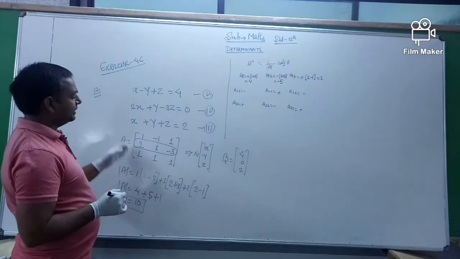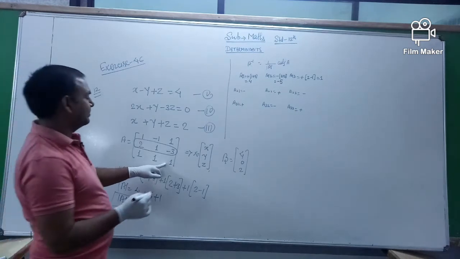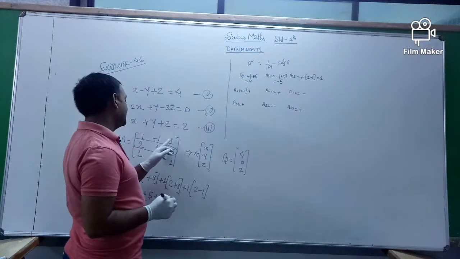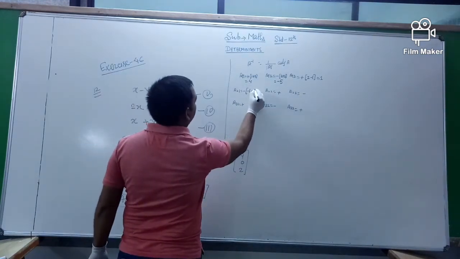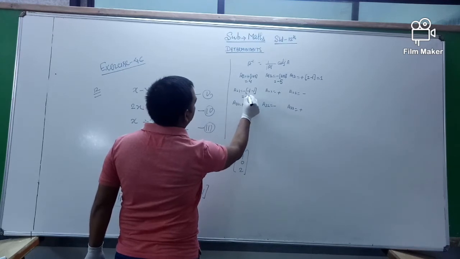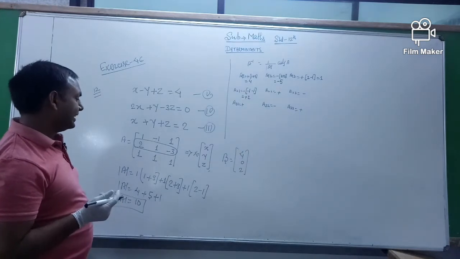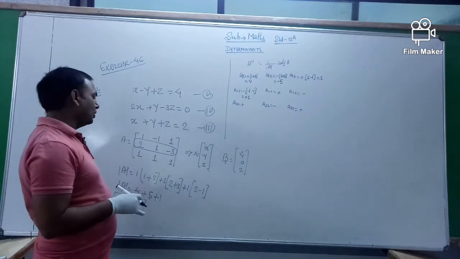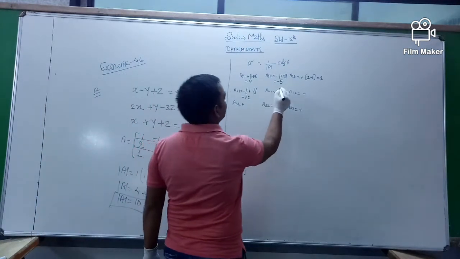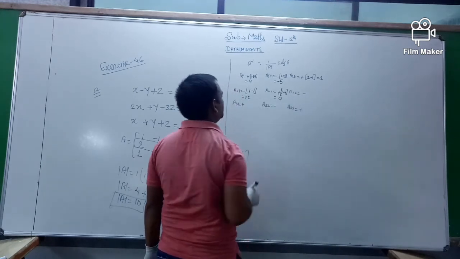First we remove the first column, so 1 ones are 1 with the negative sign, so it is minus 1. Next 1 ones are 1, it is also the negative sign, so minus 1, minus 1, minus 2 and minus, it is plus 2. A22 means you take the second row and the second column, so 1 ones are 1 minus 1 ones are 1, so that is 1 minus 1 and that is equal to 0.